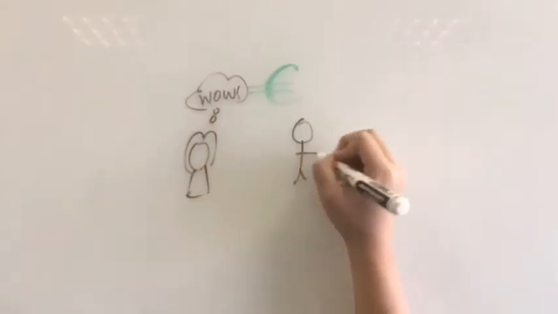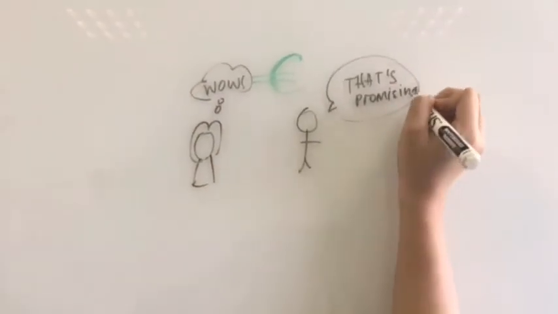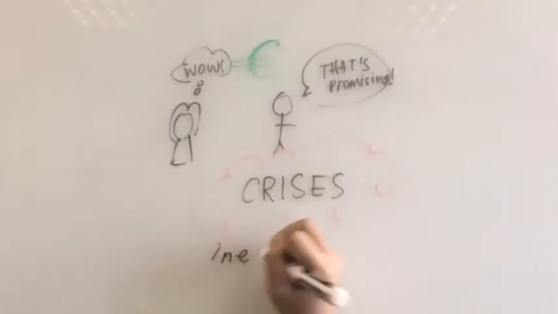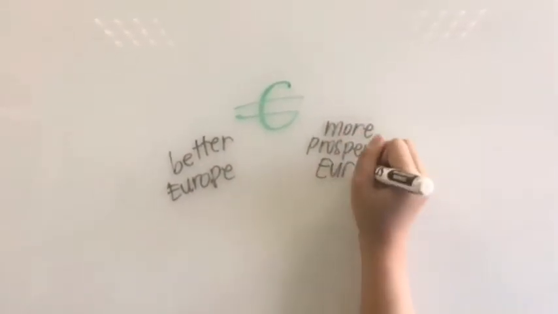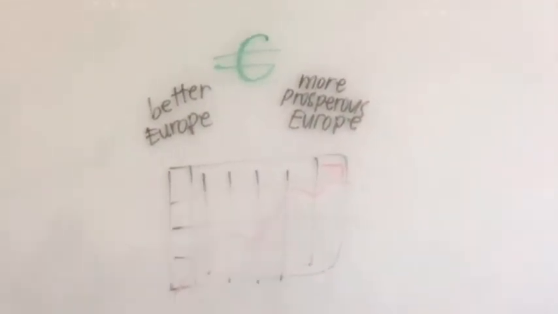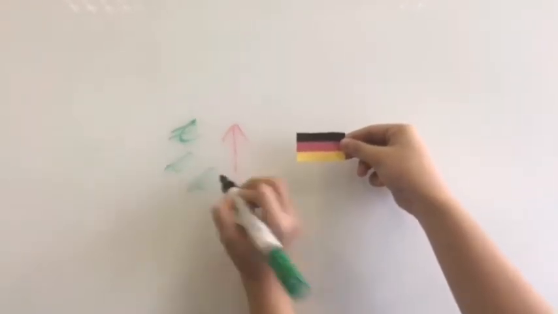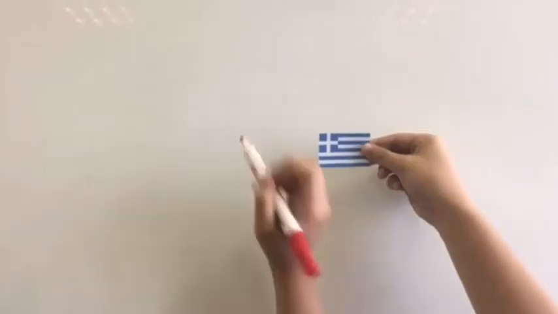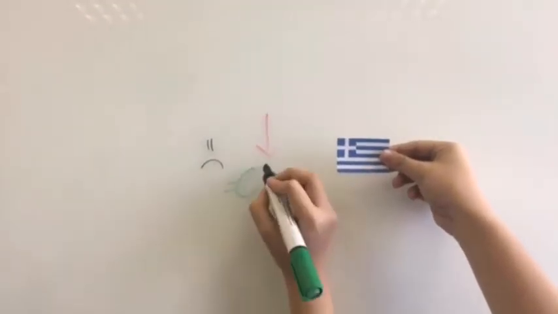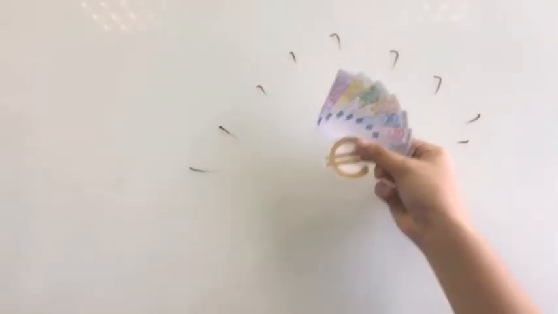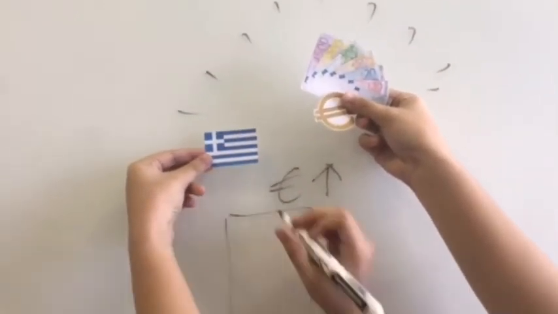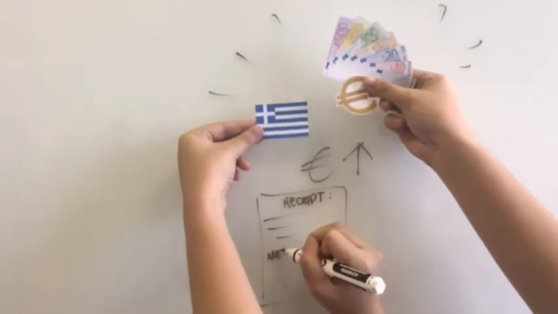Even though the idea of having a single currency sounds very promising and inviting, problems and crises are still inevitable. The creation of the euro aimed for a more prosperous Europe, but the problem is the economies of the member states are not all equal. For example, the economy of Germany is notably higher than the economy of Greece. So when the euro was created, the Greeks, though their economic performance wasn't that good, got the chance to buy imported goods since the value of their currency increased drastically.